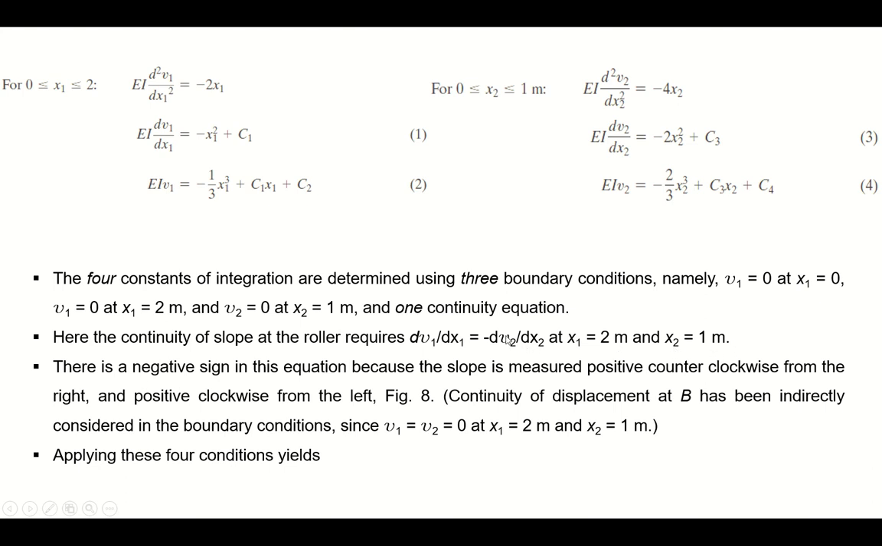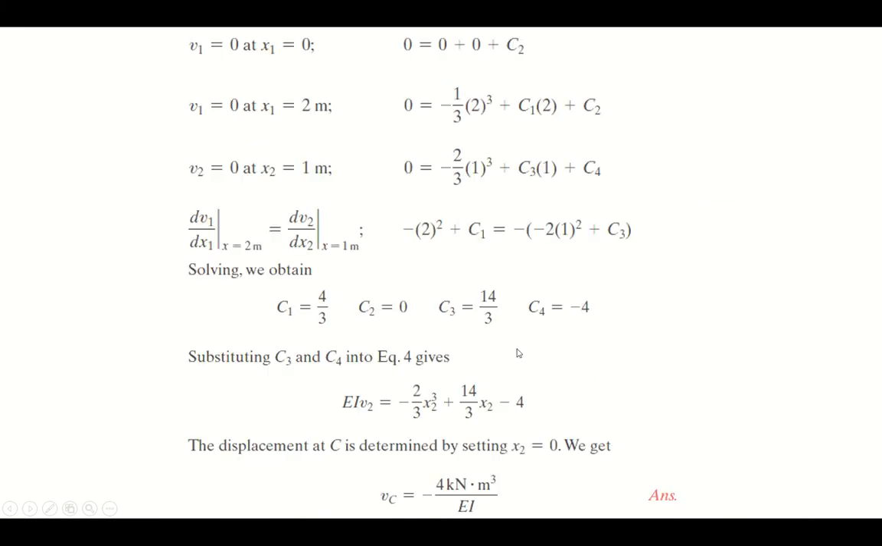There is a negative sign if you see, because the slope is measured positive counterclockwise from the right and positive clockwise from the left, which we discussed, right? So here is not the case, and we are not measuring it in the clockwise direction, we are measuring it in the counterclockwise direction, so it is negative. So therefore mu1 is equal to mu2 is equal to 0 at x1 is equal to 2 and x2 is equal to 1. Now applying these four conditions, three boundary conditions and one continuity condition,